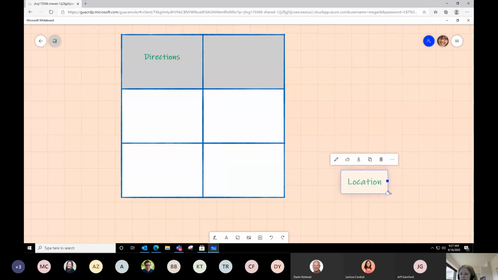Now do notice if you come to the bottom, you can make the boxes bigger, and when you do that, it will change the size of the box. Right here, you'll see that if I want to, for example, edit the text, this would open up my cursor again. The other thing you have in this toolbar is the ability to change the font color. So if I don't want green and I want red, I can do that. Also to copy the box. The three dots on the right, always remember that those would let you cut it and add alternative text.